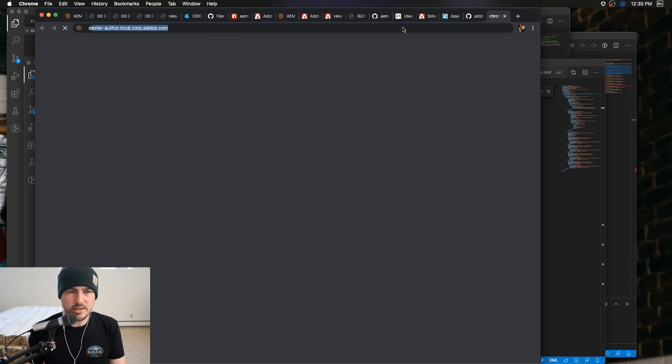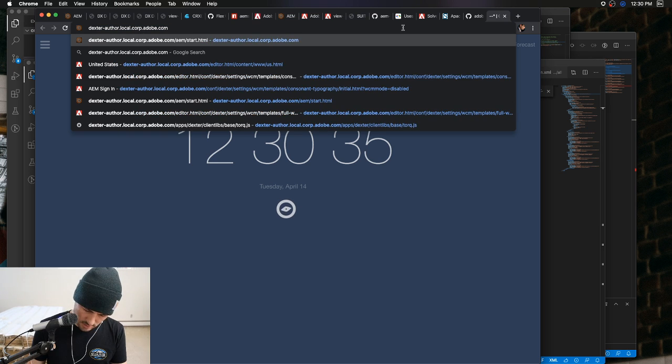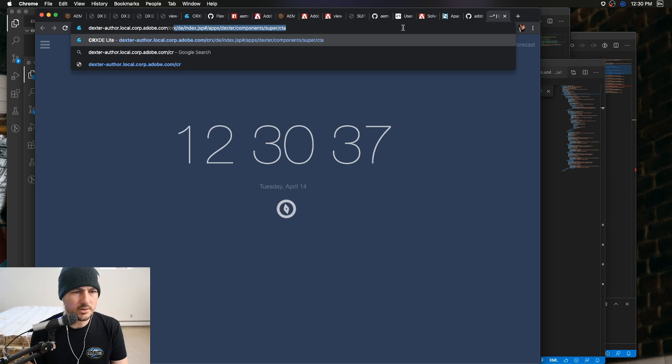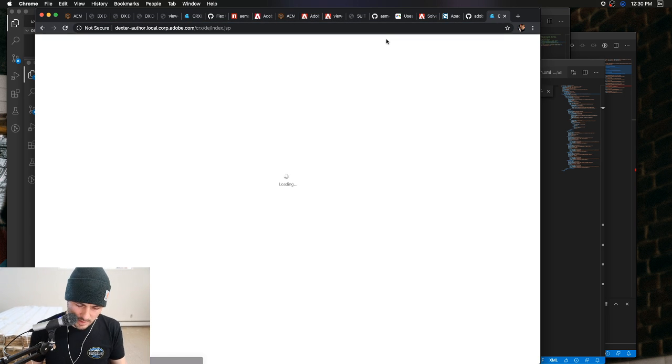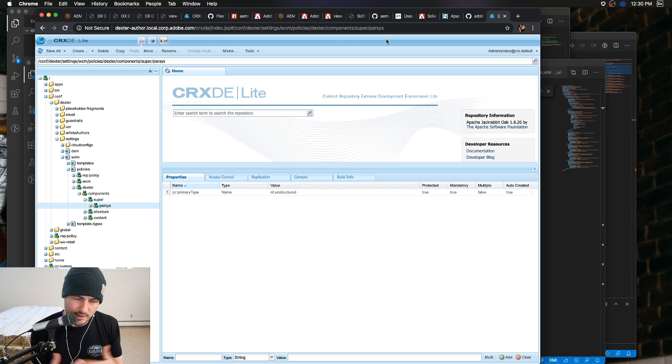So on Dexter, if you look, we have CRX DE. We had this problem where we have these different brands, right? Everybody does, really, or a company the size of Adobe. You have Creative Cloud, Document Cloud, Experience Cloud. While we are mostly aligned with how things should look, like everything should be a blue button,